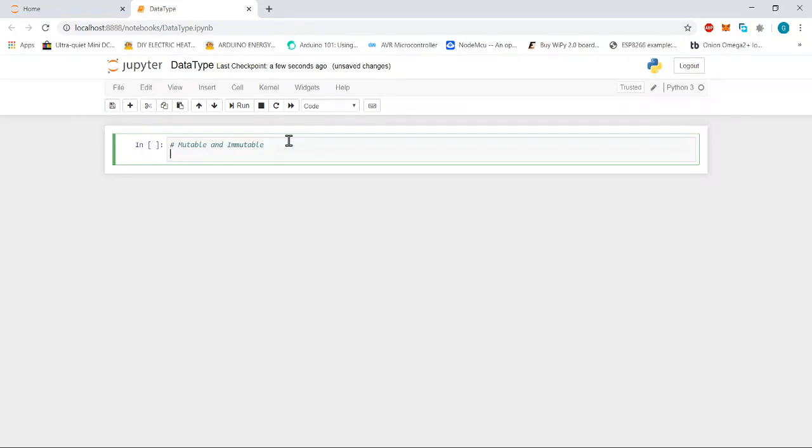So let us try to understand what is mutable. Mutable means a data type or object of a class which is created once, and then it can be altered as per requirement. And what is immutable? The object of a class or the variable which is created, but it cannot be altered, so we can use it in read-only mode only. That is known as immutable. So we will try to categorize some inbuilt data types of Python into these two categories, mutable and immutable data types.